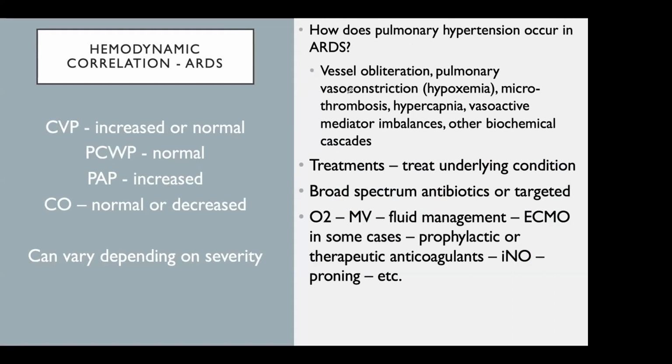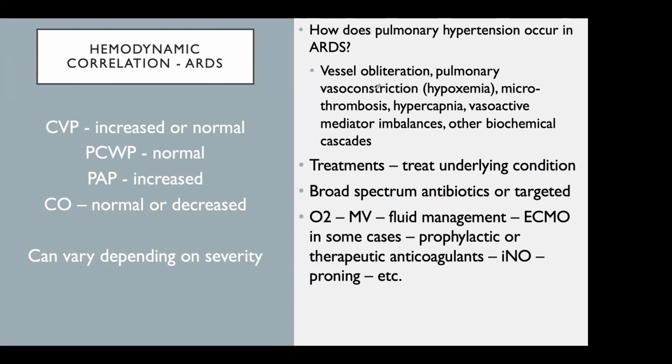Pulmonary vasoconstriction, again, as all those particulates move through the blood and start to aggravate the vessels, pulmonary vasoconstriction can occur, specifically as we're looking at with ARDS patients at marked hypoxemia